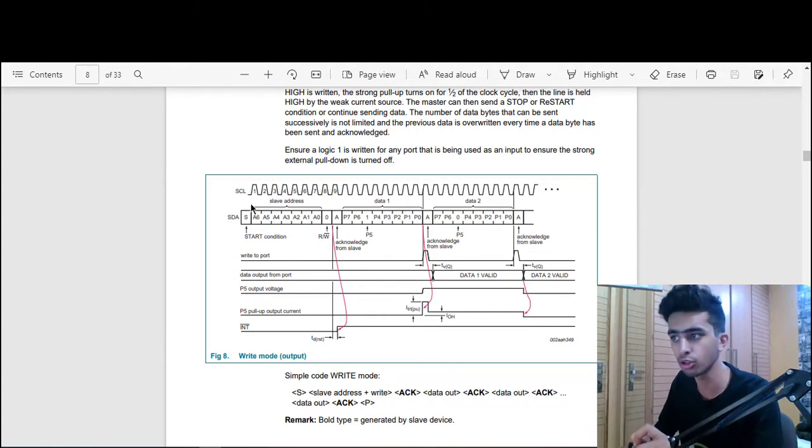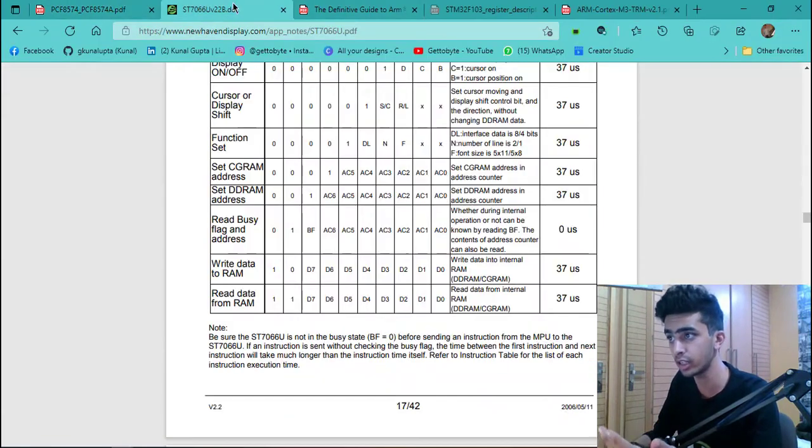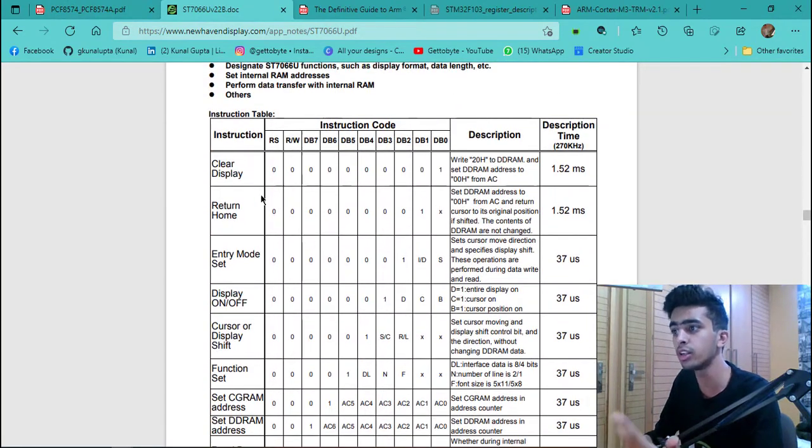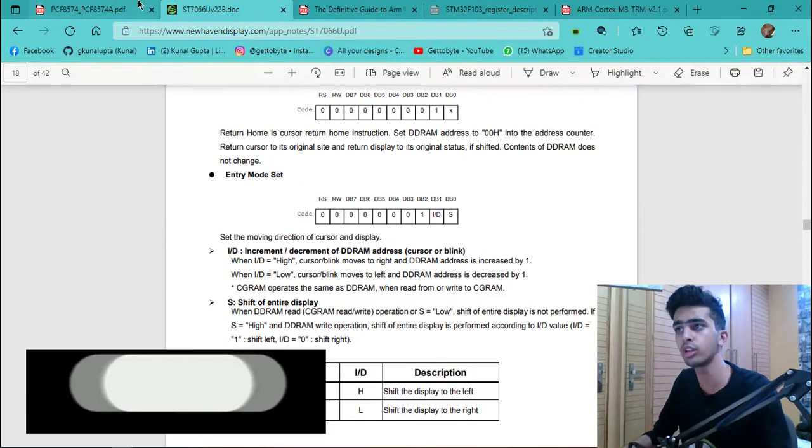First, for starting the communication, we need to send the start condition, then the slave address, followed by the read or write bit, and then we wait for the acknowledgement. If the acknowledgement is received from the slave successfully, then we start sending the data, and that data, in our LCD screen case, can be anything, like clear display, return home, or whatever we need to do.